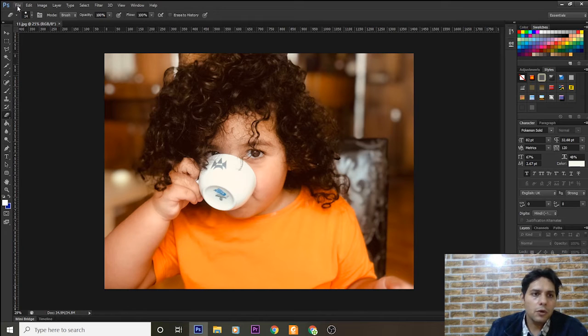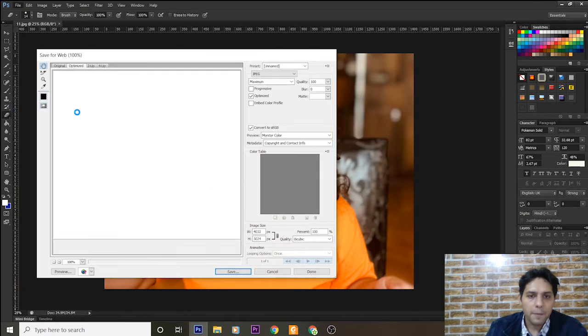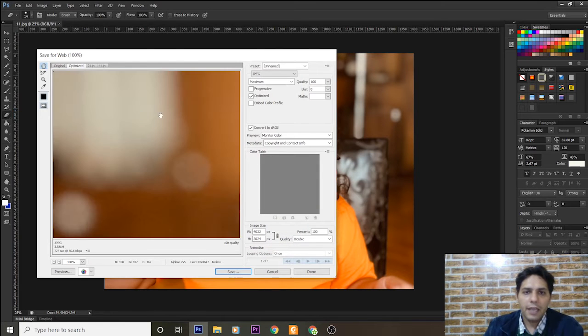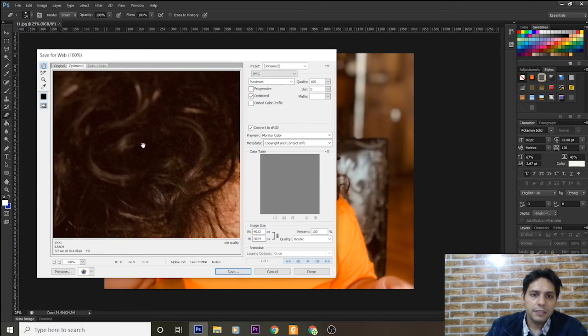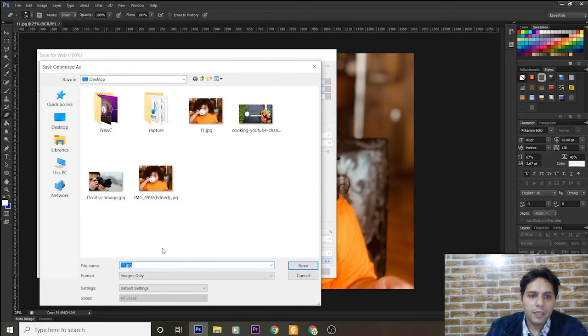For reaching this goal, I go to the File menu on Photoshop and select this menu, Save for Web. In this option, as you can see, this picture with, for example, medium or high quality, for example medium quality, will be about 385 kilobytes. Okay, and if I save it here with another name,